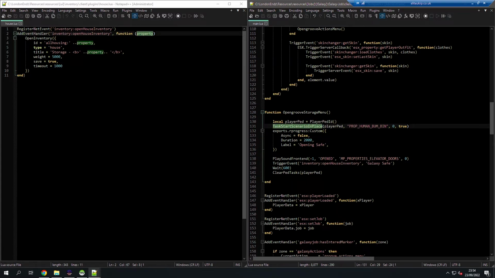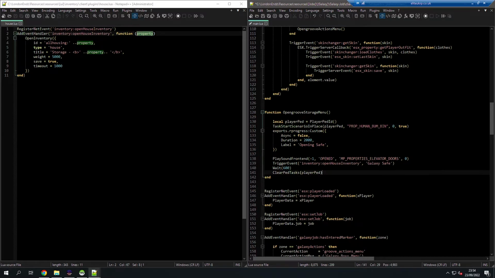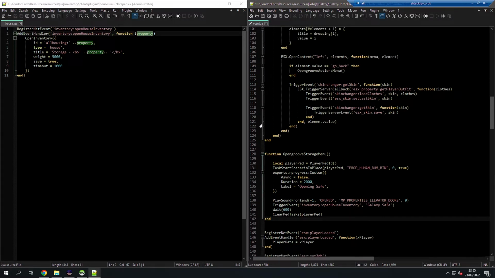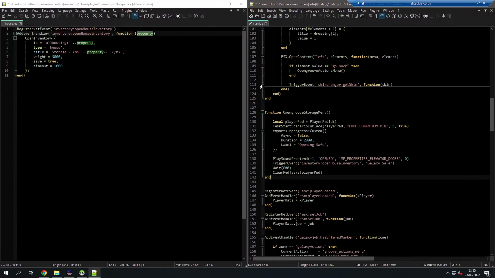So as you get down to here, because this is all instant, this is 2 seconds. So in 2 seconds, it's going to do that, and then it's going to do that, then that, but it has to wait 0.6 of a second before it clears the task that you gave it up here. And then it's just going to end because you've told it to do something else. So there's no point in it staying in here at all. So now that you've ended it, it's done. This function, whatever you've made this function do, is now closed, which, once again, Notepad helps with, because you can see what's closed and what isn't. You can also see separate types of closes, and you can minimize them, which really helps. If you think you've tabbed something in and you haven't, you can just look, okay, what have I actually tabbed